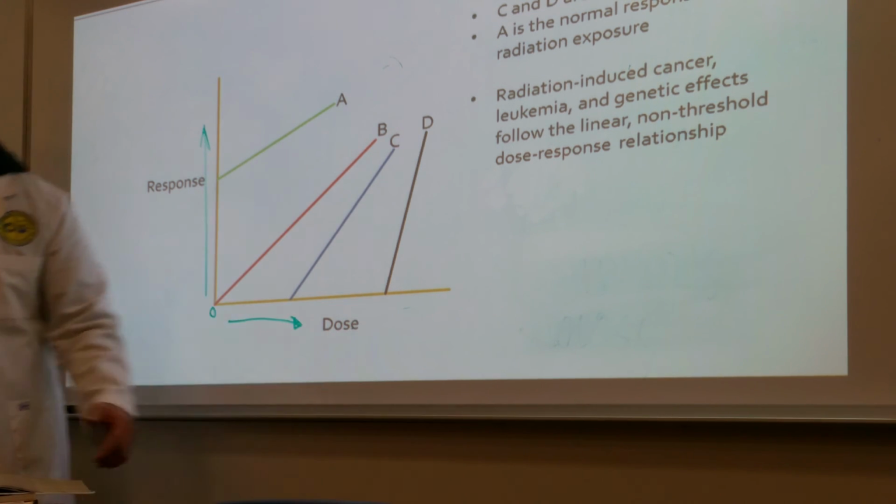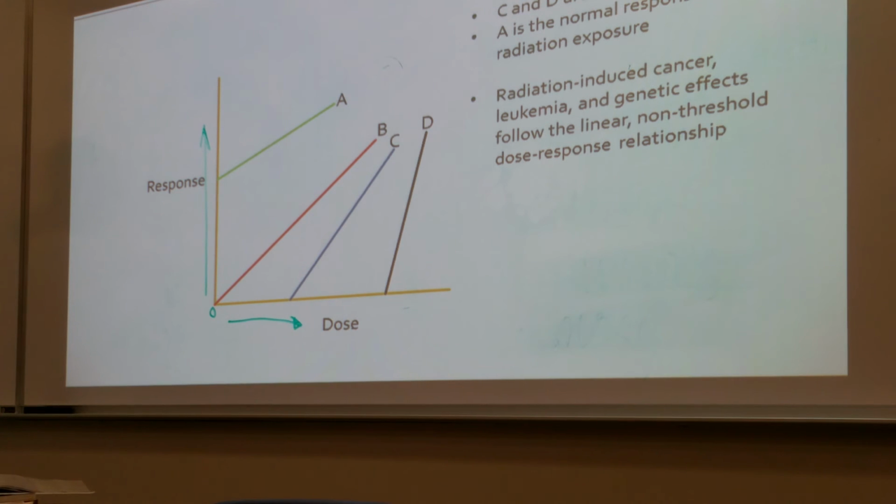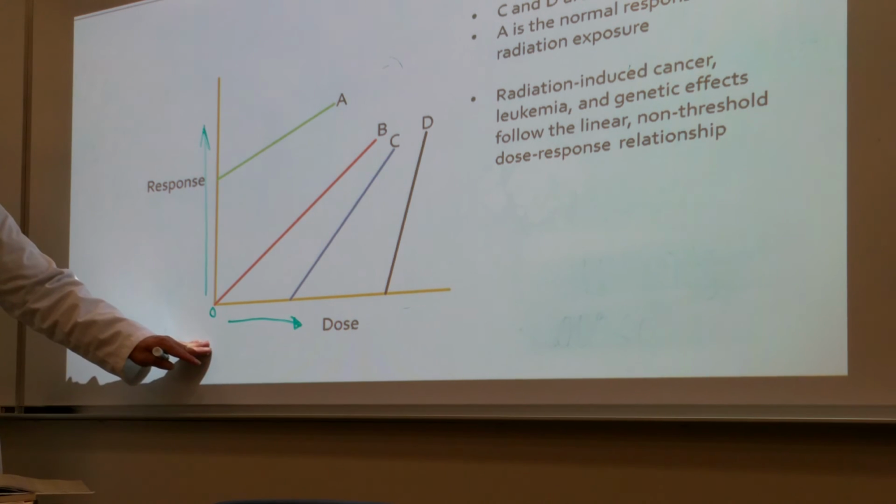Agree? Now, A is usually done in a general population where they're saying here that this effect was not a result of radiation. Like when they're studying leukemia, they're going to say, well, maybe it's not caused by radiation, maybe it's caused by the electrical power lines near your house. So, A then is a normal response without radiation exposure. Okay, any questions here? Yes.